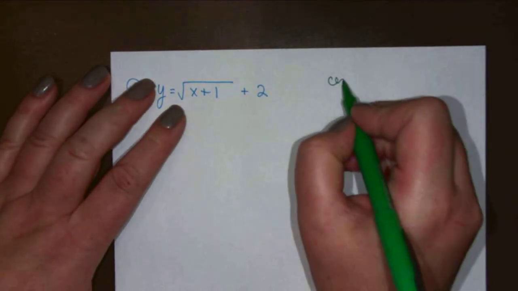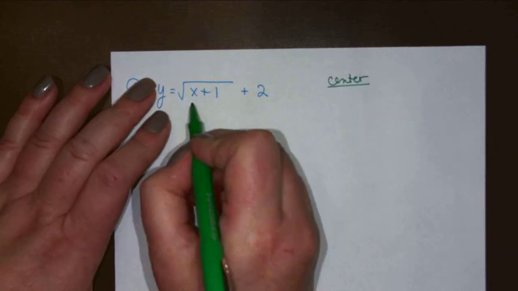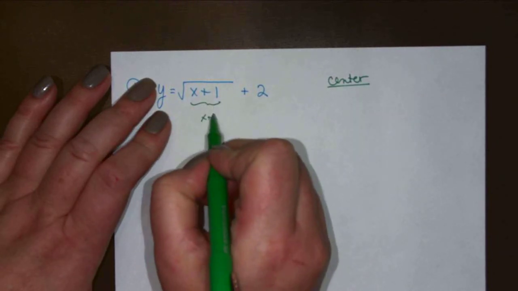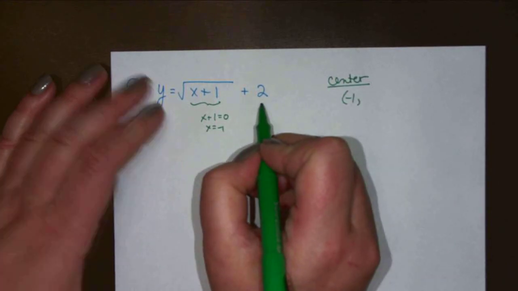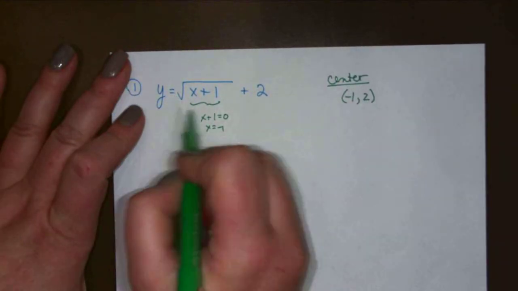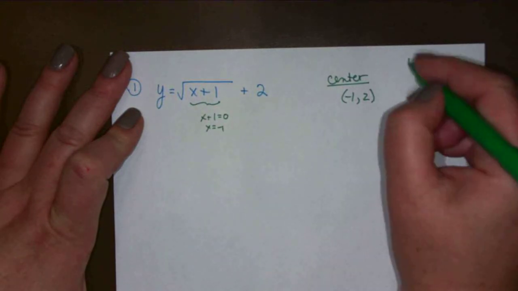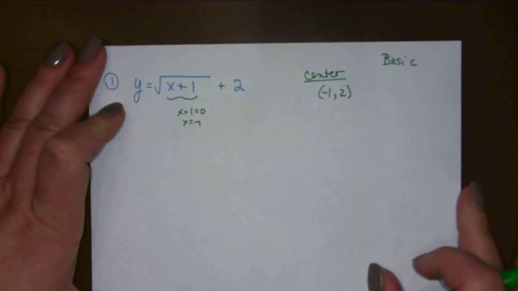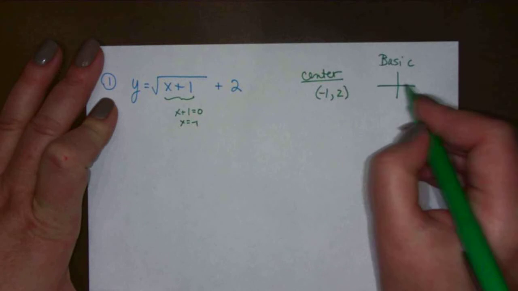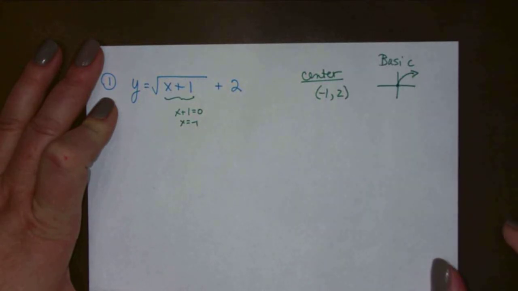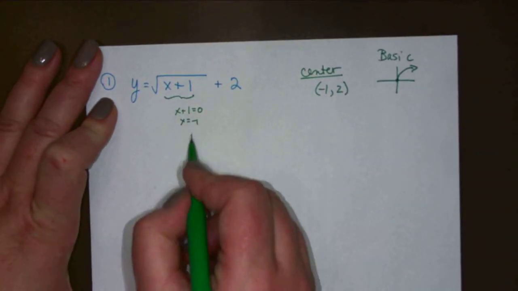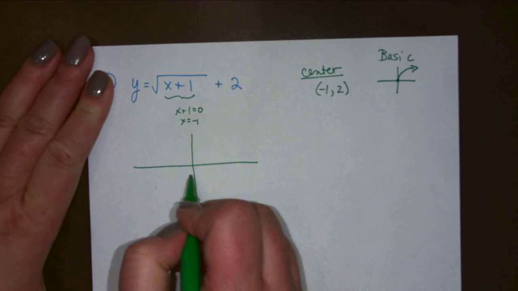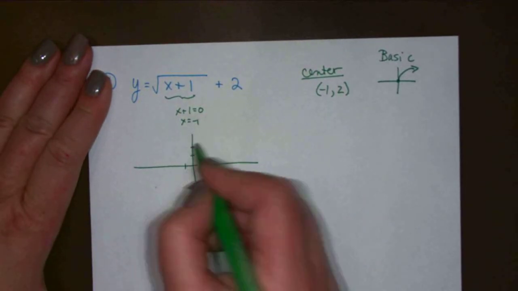So what would our center be? What makes this 0? Negative 1. And this value, plus 2. Now, this is a regular square root, so the basic graph is our regular square root in that direction up there in the positive quadrant. So that's what our graph is going to look like, but it's going to start at this point. So if we put the point on negative 1 and 2,